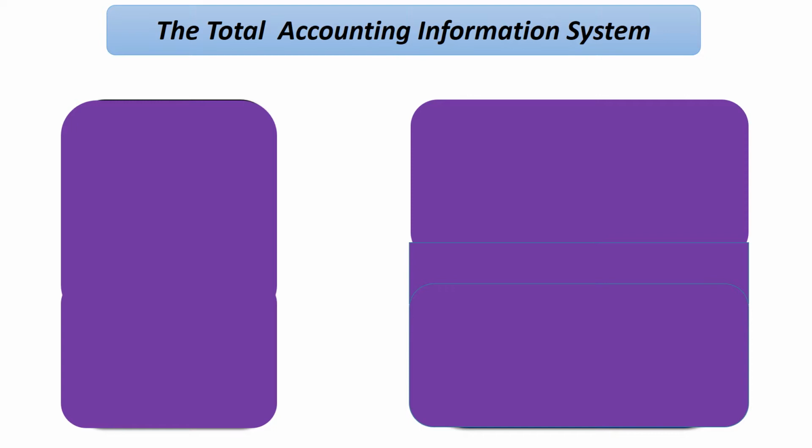The two accounting subsystems differ in their objectives, the nature of their inputs, and the type of processes used to transform inputs into outputs. The financial accounting information system is primarily concerned with producing output for external users,